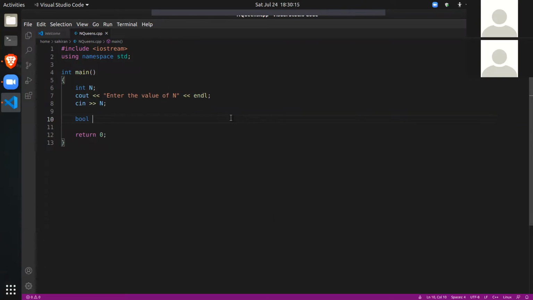So we'll create a 2D board of size n by n, and we'll initialize it initially to all false. False means empty, guys.